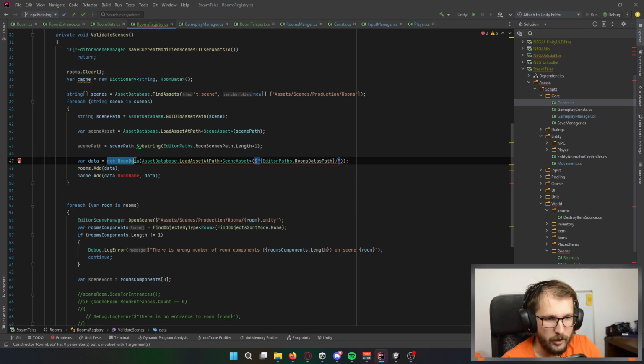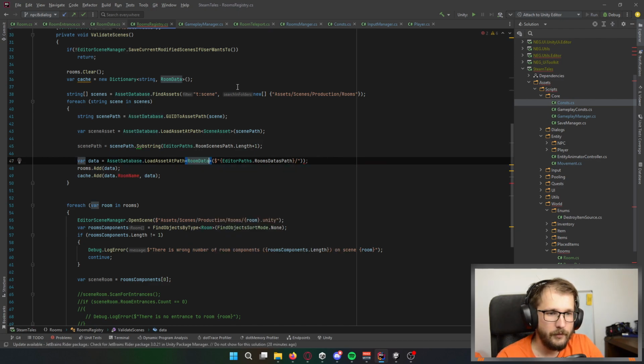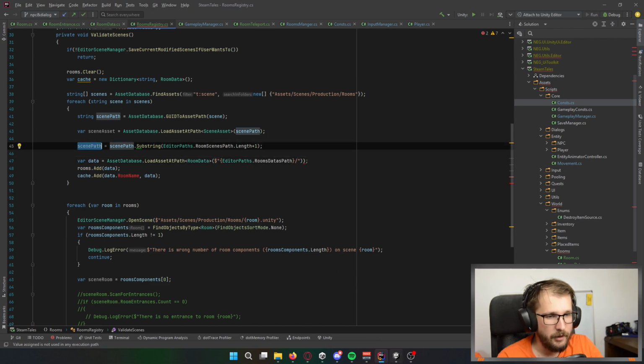Okay, wait, what are you doing? I want to do it like that, and I'm loading room data. Okay, I've got my room data from my rooms. Now I want to make sure that this path